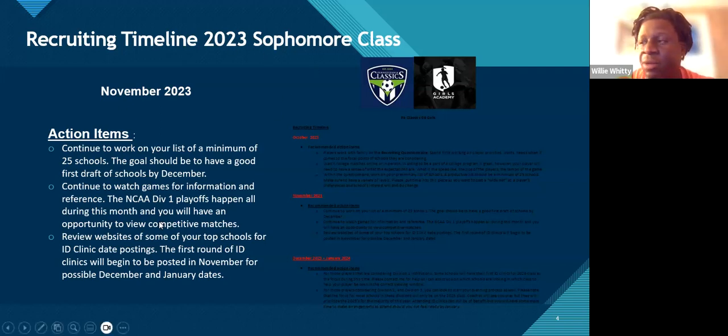And then the third thing I want to start to do, November, December, especially if I'm a sophomore, start to do some research, start to figure some things out. What I mean by research, start looking into some of these schools. Before I commit to going to an ID clinic, I should probably have a sense of what things that school offers. If I'm interested in the sciences or if I'm interested in the mathematics, does that school offer majors that are going to be good fits for me?